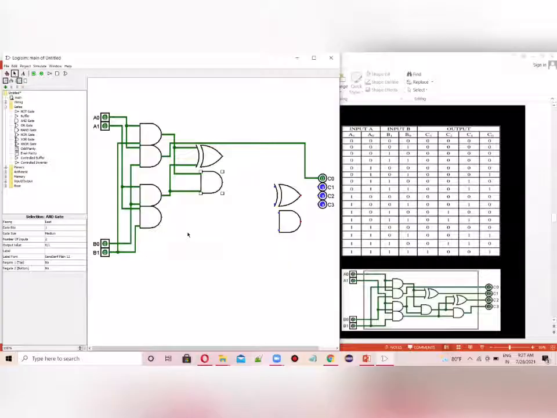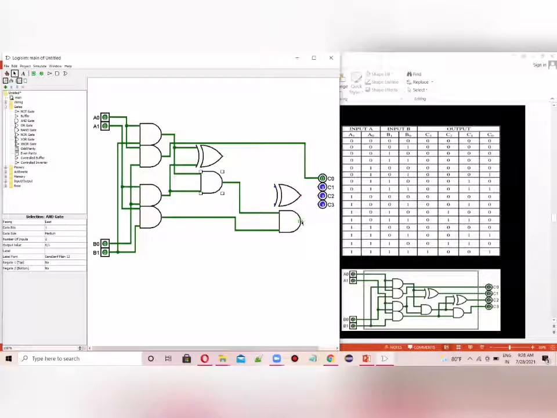Okay, now let's think about this last part. I have to connect this with this. Now it's done here. And I'll connect this. Now it is done here.